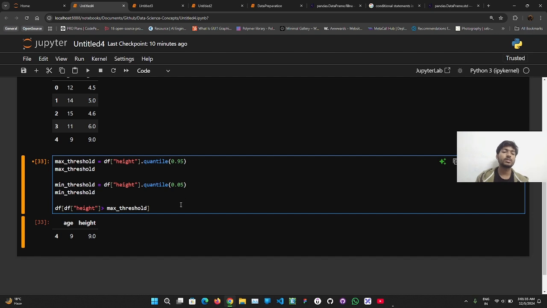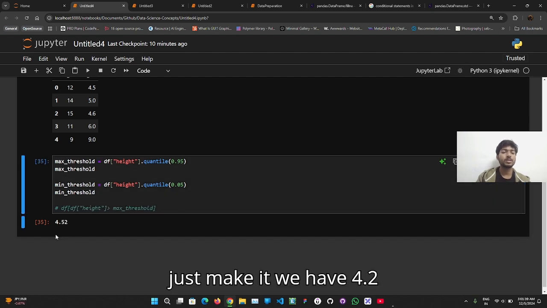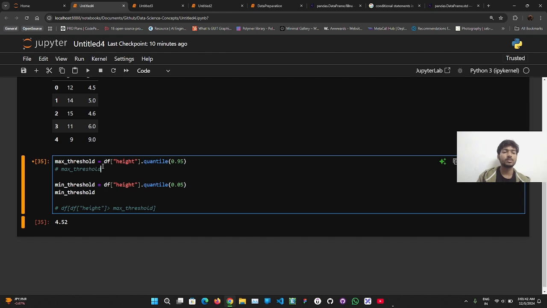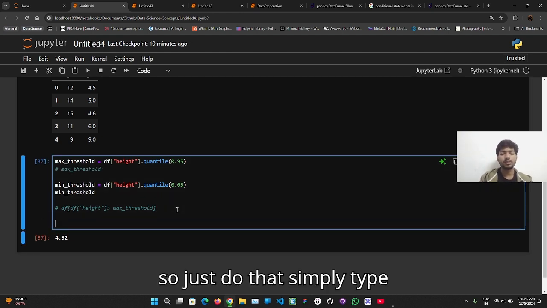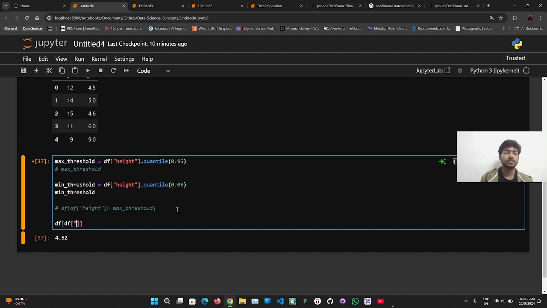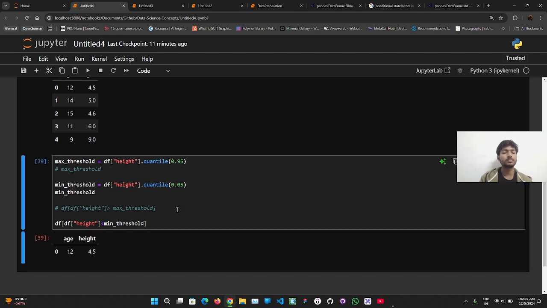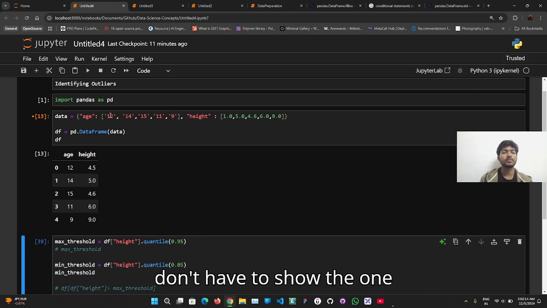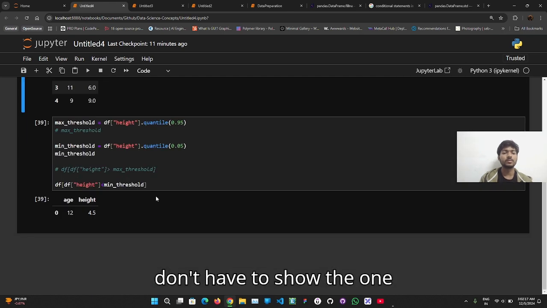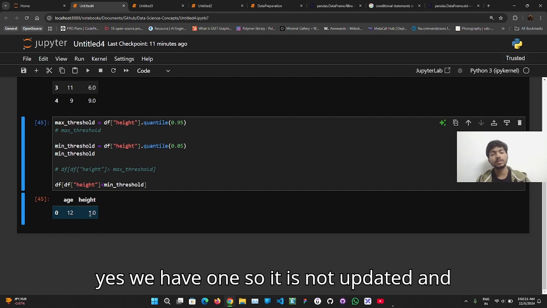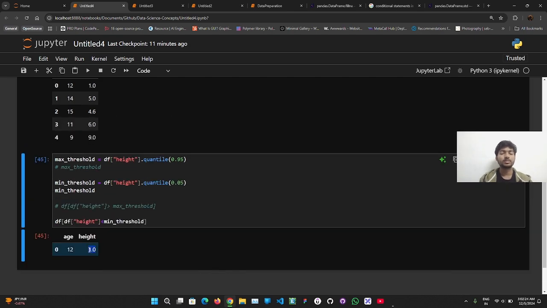Then simply type df.height less than the minimum threshold. We have only one height, that is 4.5. Yes, we have one, so it is not updated, and this is the height we